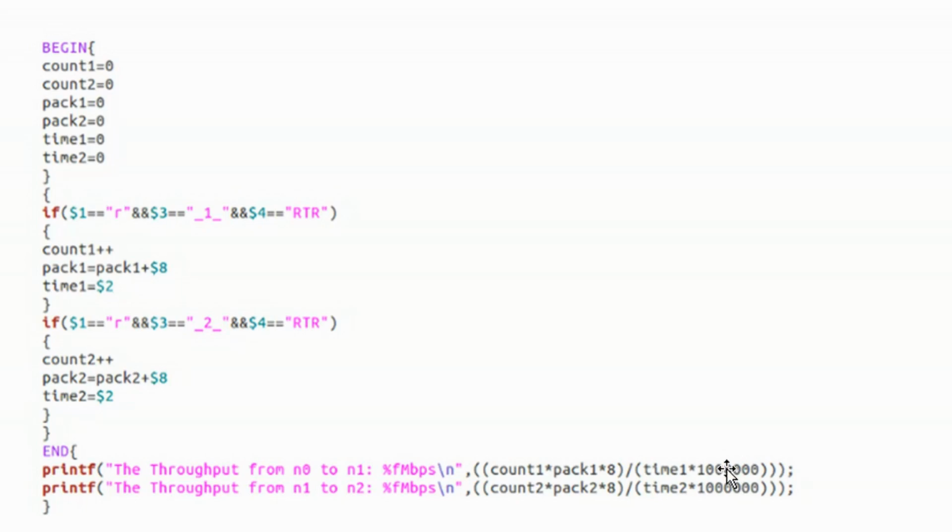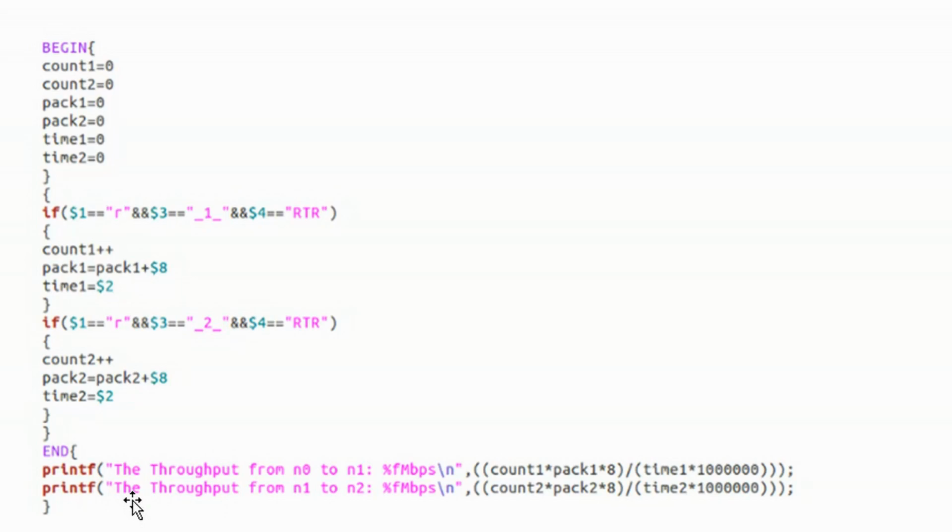That is nothing but mega, right? So as it is in megabits per second, I am multiplying by 8 here and then multiplying by 10 lakh. That is nothing but mega, right? So this one is for N0 and the same thing I am repeating for N1.